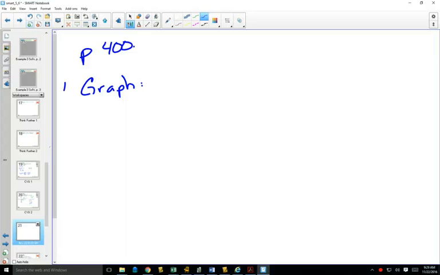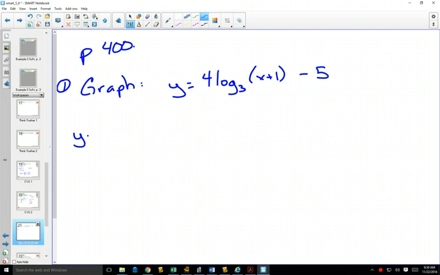Here is our first one. We are going to graph y equals 4 log base 3 of (x plus 1) minus 5. So the first thing you need to do is be able to recognize what the parent log graph is in this case. It's going to be log base 3 of x. And you're going to draw a quick sketch of that off to the side